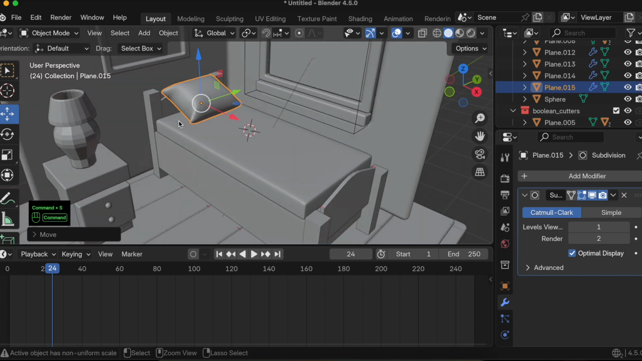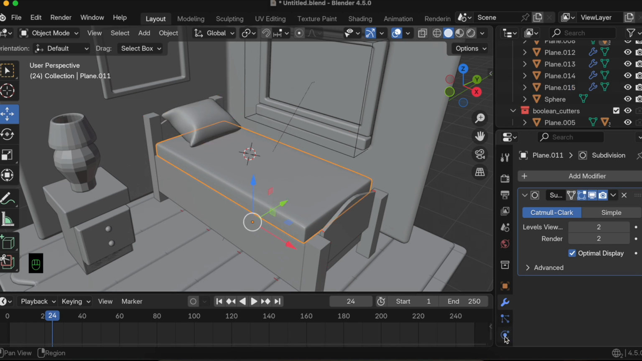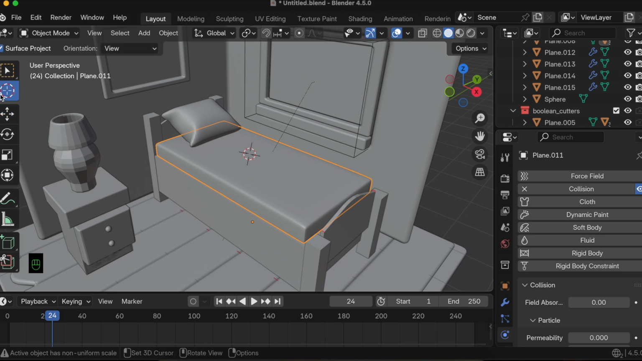Okay, command S to save. I'll just save it because sometimes Blender crashes on me, that's why. Command S to save it again. Okay, now again for the bed, select our bed, go to physics, select collision, then go to cursor, place cursor on our bed,